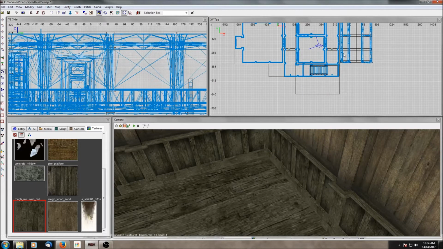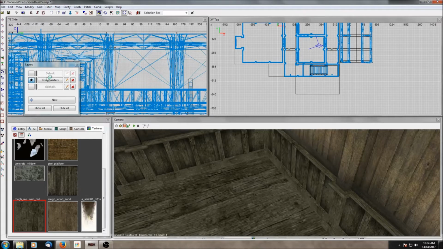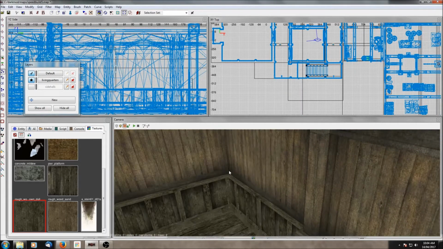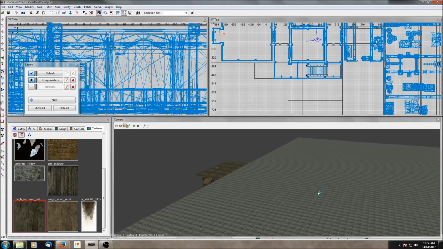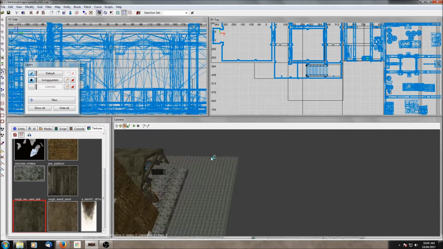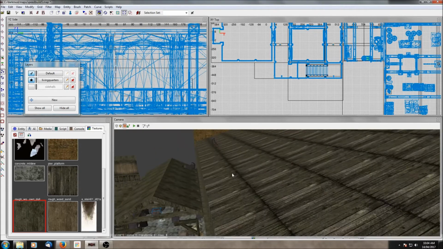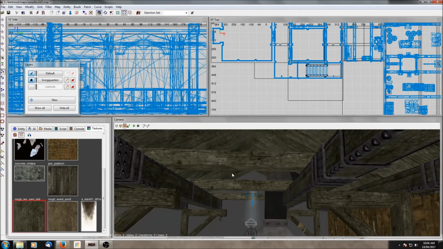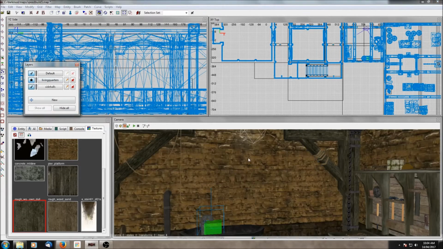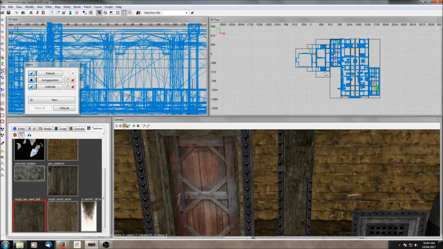Now, let's go back to layers. Now, you know what, let's just get rid of this because we're going to be putting ceiling brushwork around. We really don't need this giant box around anymore, so let's get rid of that. It doesn't get in the way. And let's turn side walls on. Now we're going to start doing some of the ceiling